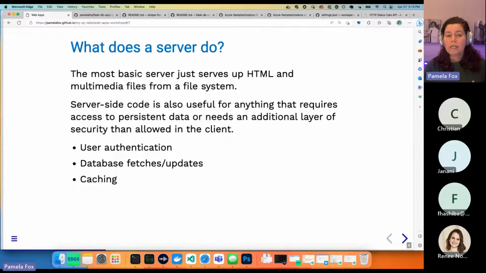Also, if you want to access a database, you're going to want a server to do that. The server is going to be the one liaising with the database. And if you're going to have any sort of user login, you certainly want a server for that, so that you can deal with things like setting user cookies in the server-side code. It's going to be much more secure. So that's the sort of stuff we use a server for.